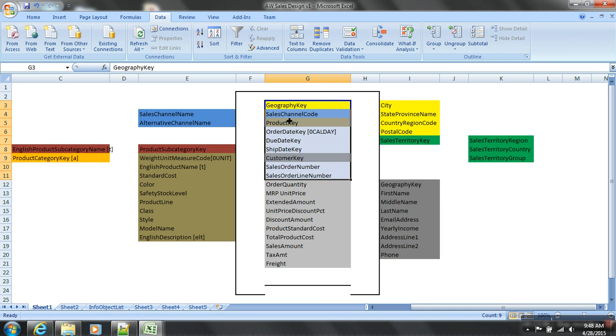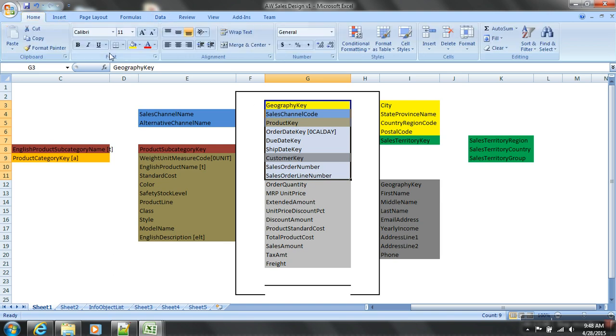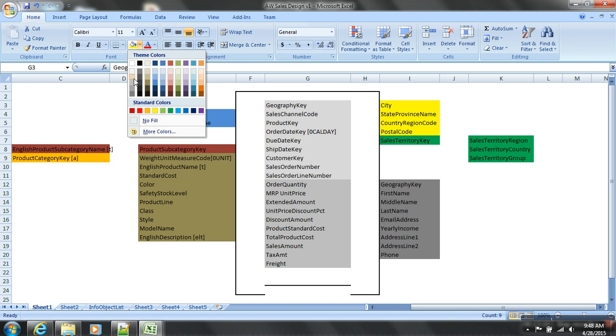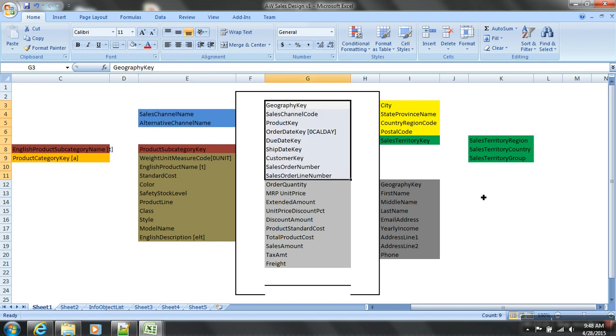All these would be my characteristics first, and all these are your key figures. Are we in a position to identify whether it is characteristic or not? Look at this: geography key, characteristic or key figure? Sales channel code, I or S, web or online or store. Product key, order date, due date, ship date, customer key, sales order number, line item number.